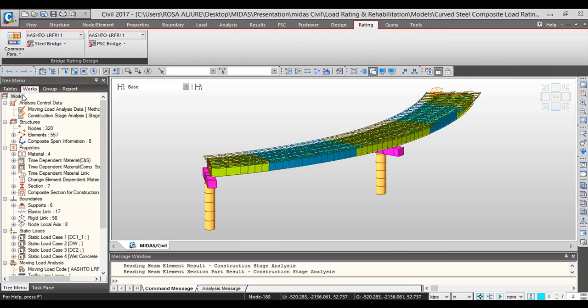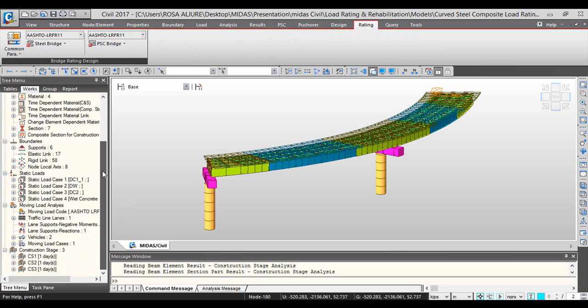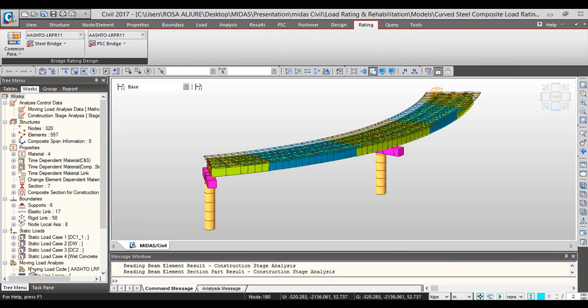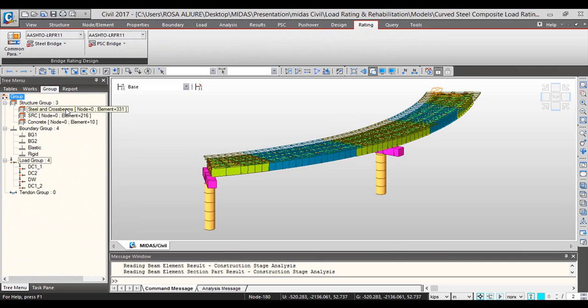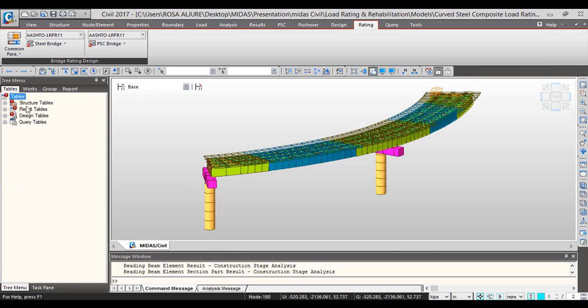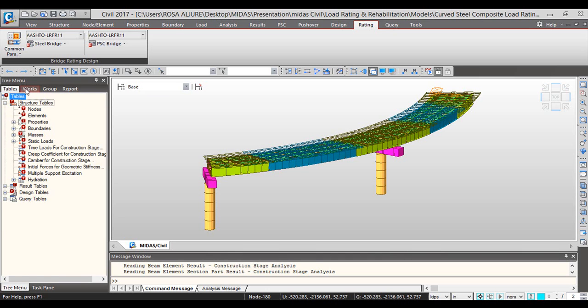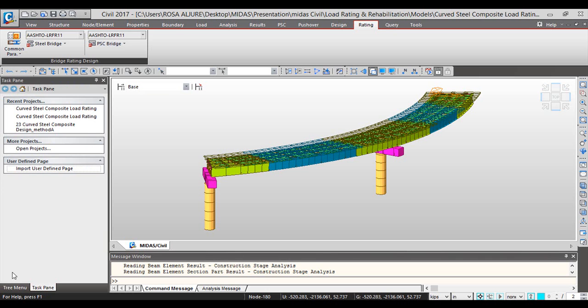We also have something called the tree menu. In this case, you have all the properties that are defined in the model listed in this tree menu. We have groups that we will then use in the bridge to define the condition factors, but if you want to define a group, you can select it here and just assign it into a particular element or a group of elements. You have the tables in which all the properties are also listed in a table format, and then you have something called tags